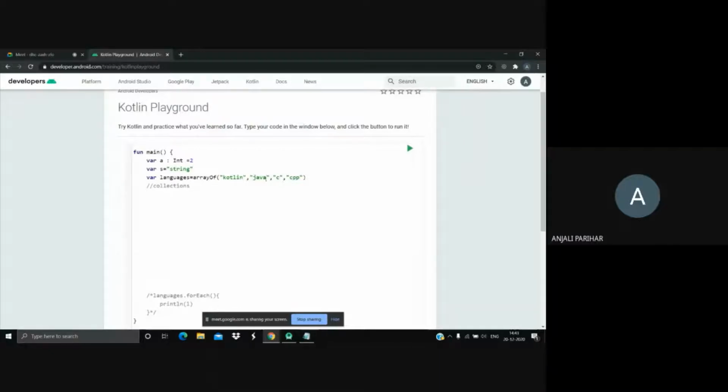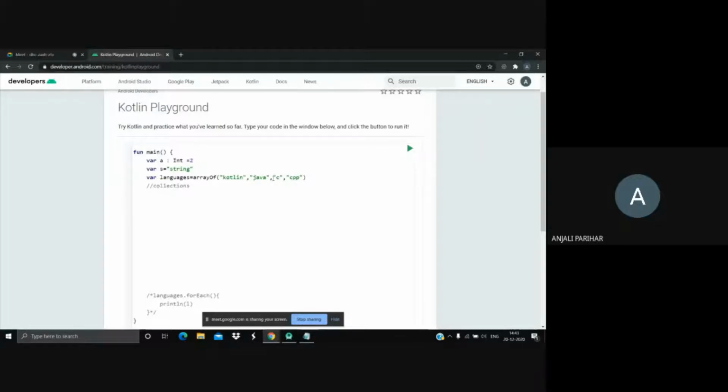In an array you can store data of integer type or string type. But what if I want a data structure which stores values of different data types? Suppose I have an employee and I want to store the data of employee.